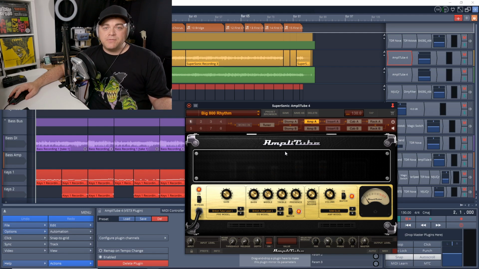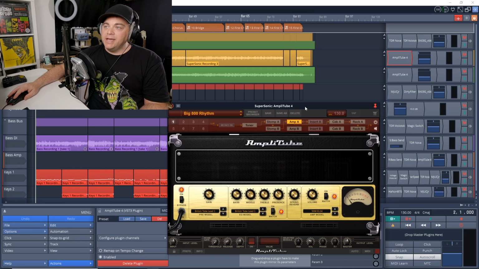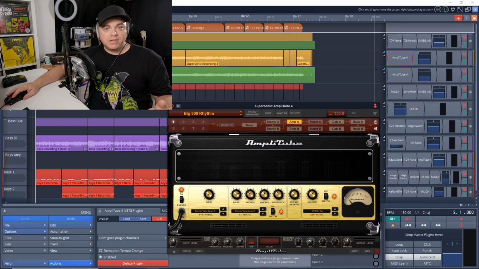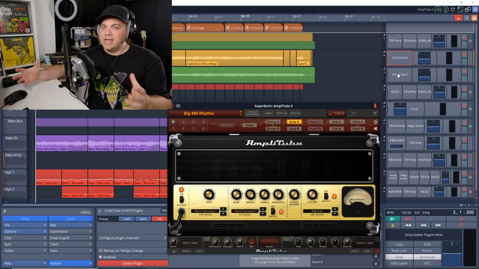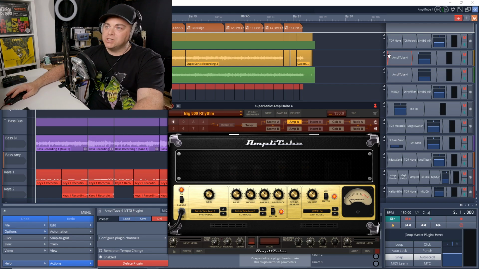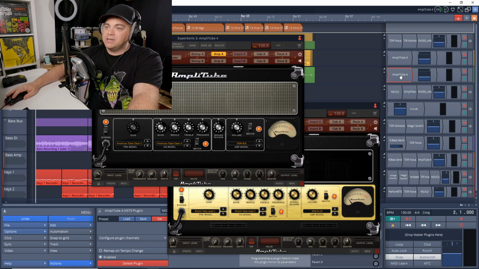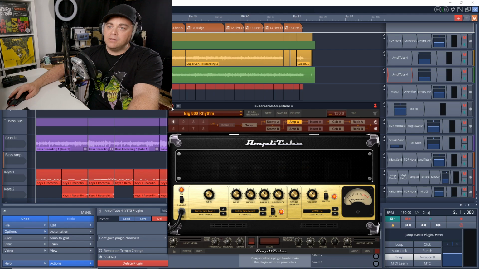Amplitube Custom Shop is available on Mac and Windows, and one of the things I really like about it is if you're doing double tracking guitars, so recording one guitar on the left, another one on the right, you can have different amps and different amp sounds for each guitar. And that can really help you with your stereo separation. So you can see on this one, the left, I have a Marshall style amp. If we go to the right, I have a Fender style amp there. Now let's give this a listen.